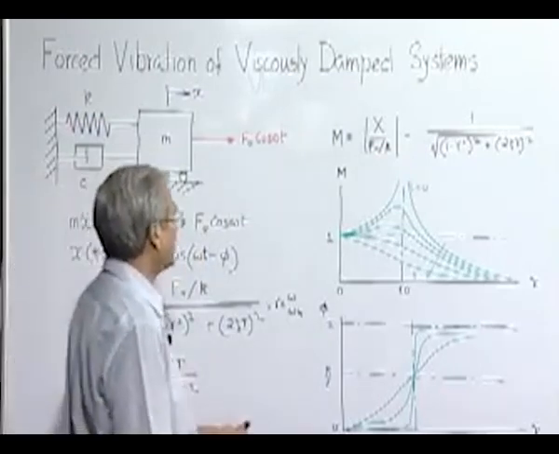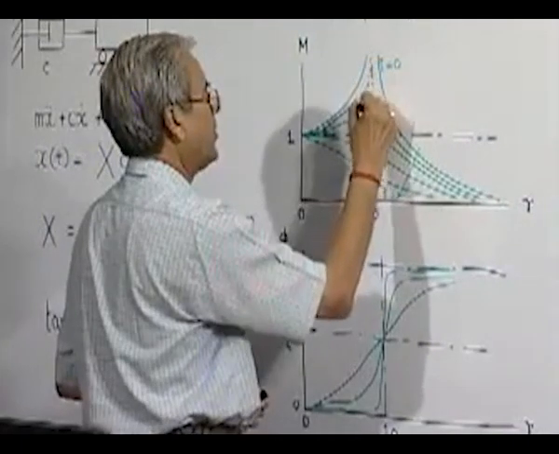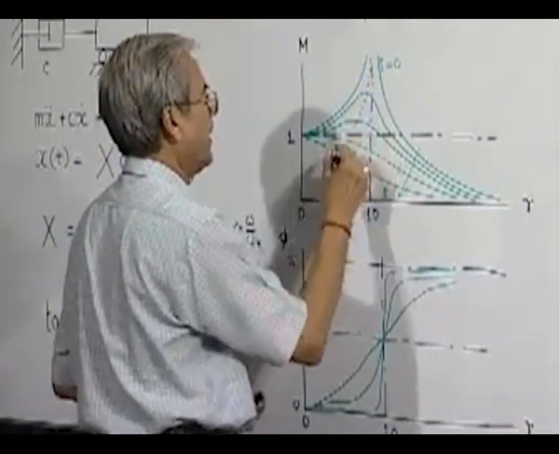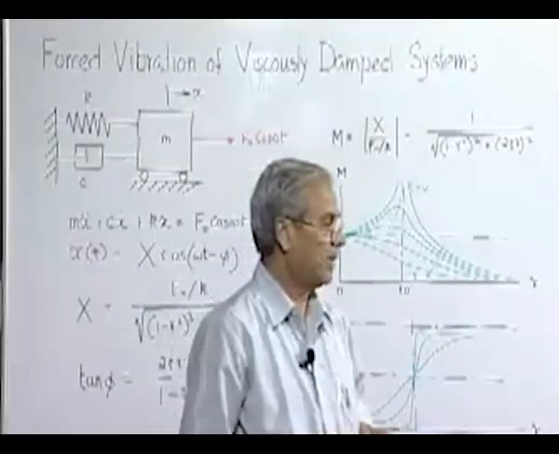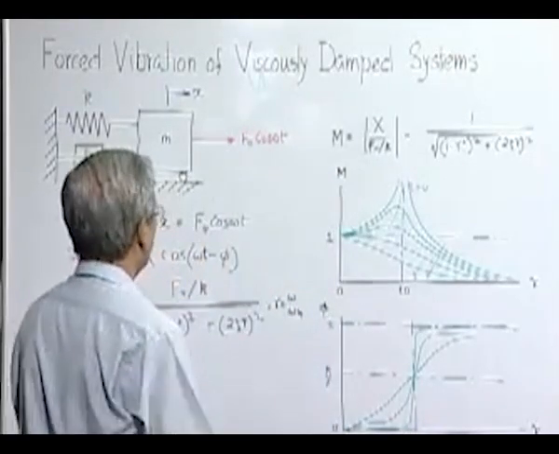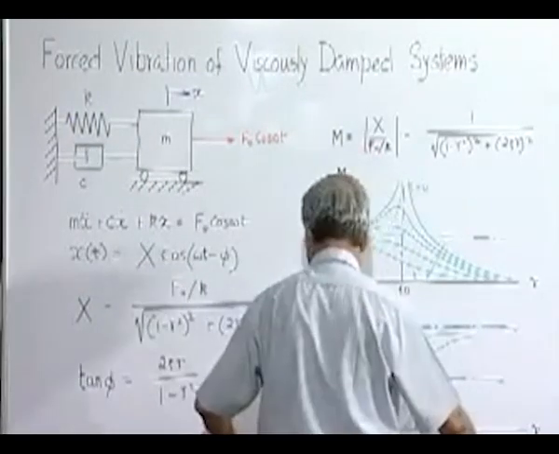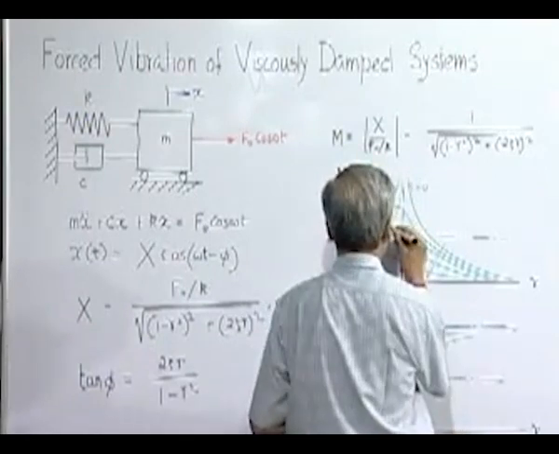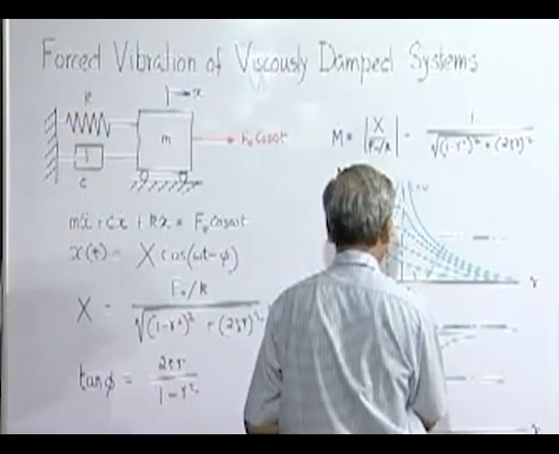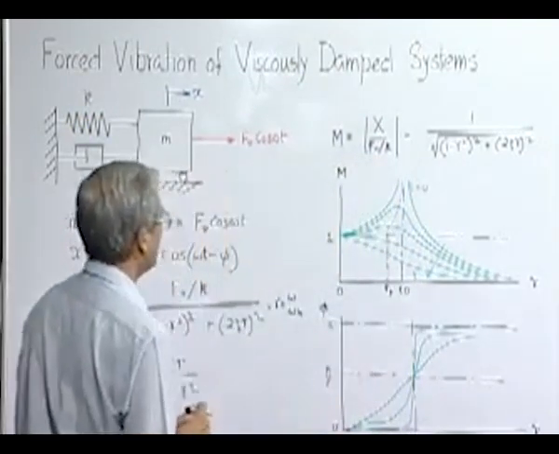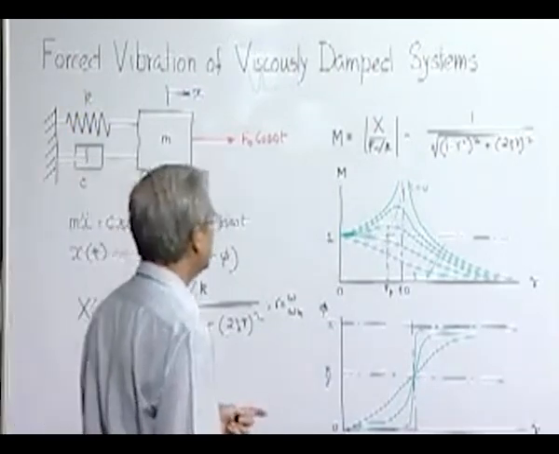We have noticed one thing here, that the peak value of the response or the magnification factor is not at r is equal to 1, as it was the case in the undamped situation. So, let us find out where this peak will take place. That means, if we define this as rp, that means the frequency ratio where the magnification factor reaches a maximum value, we can easily find it out by